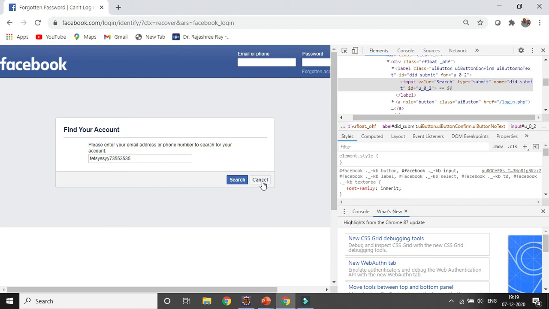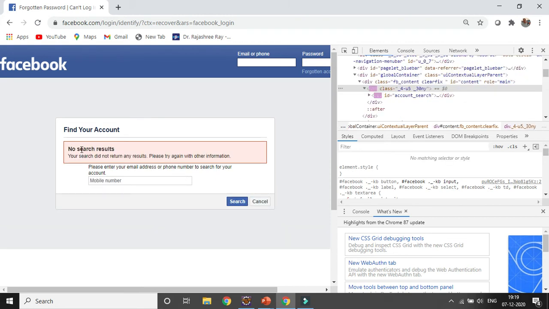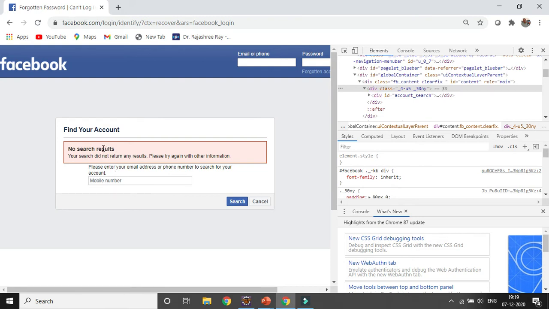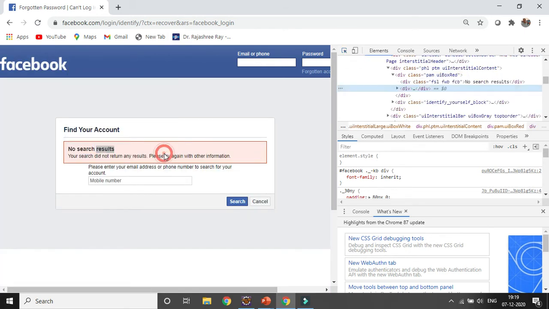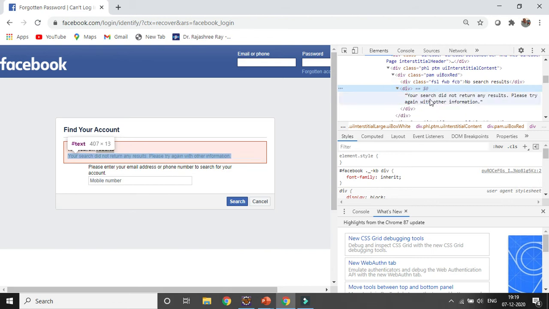After that if you click on the search, some error message will be displayed, because I have given a random number. After giving the random number and clicking on the search button, you have to validate the error message that is coming. So for the error message I need to create an XPath or CSS or relevant locator so that I can easily identify the error message. So if you expand it, you can see something is coming, because only here text is available.